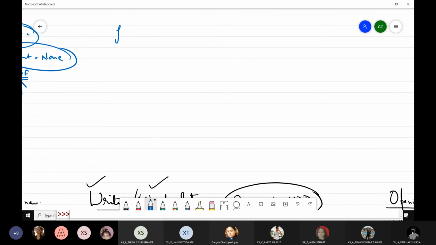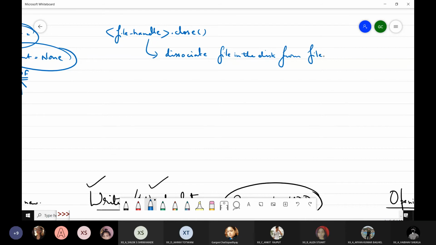File object or file handle dot close doesn't take any arguments. It is only used for dissociating the disk file from the file object. Means your work is done.